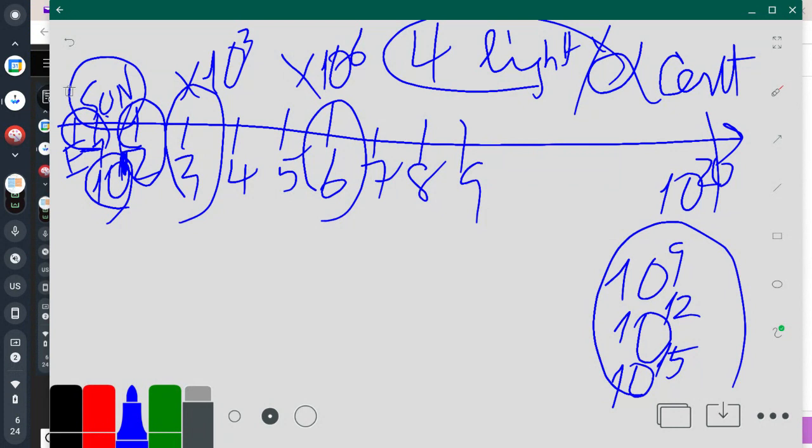So that's the benefit of using log, okay? And as I said, the first benefit is the fact that we can